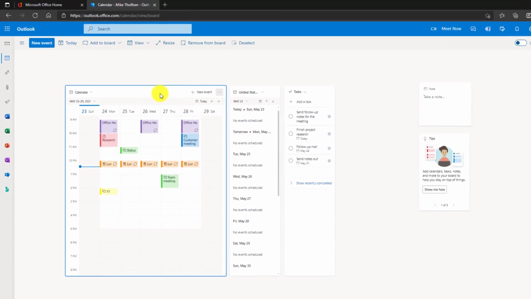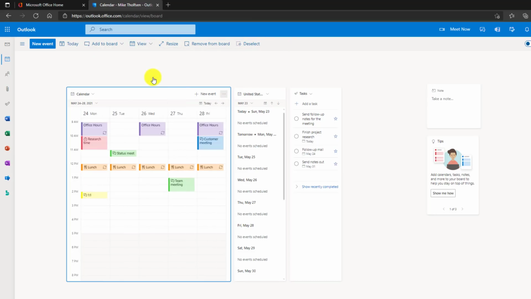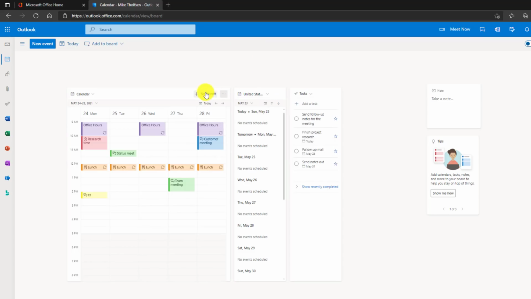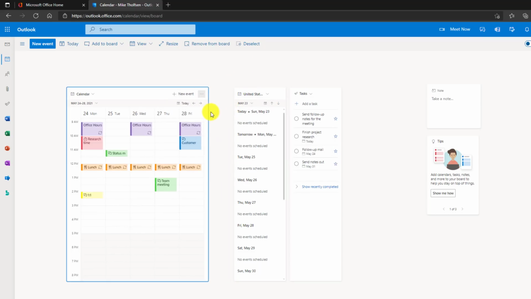I also have my calendar, and when you click on any part, not only do you see the little toolbar at the top here, where I can do things like, oh, I want to look at maybe my day or maybe my work week instead. I can also click the three-dot menu and have a lot of those same choices. So that same view menu is here. And I can resize this if I want. Maybe I want to make this a little bit narrower. I just click here and drag.